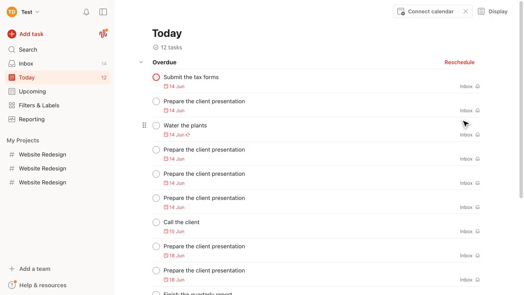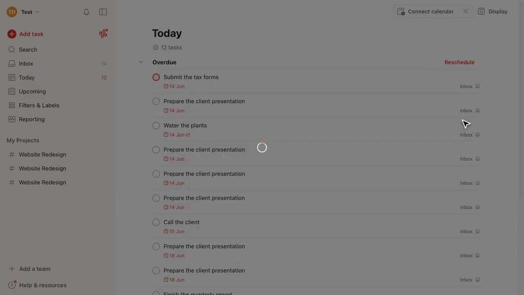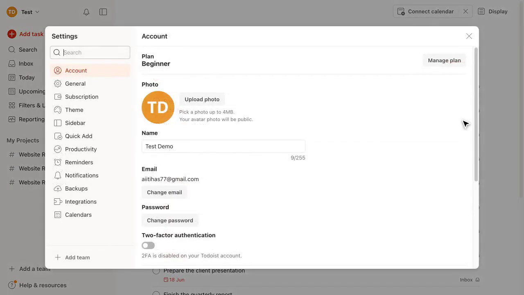Now here's a really handy one. To open your settings at any moment, you press O and then S. Watch as the settings window opens right up, no clicking through menus at all. It's a lovely, fast way to tweak your preferences whenever you need to, and if you ever forget a shortcut,